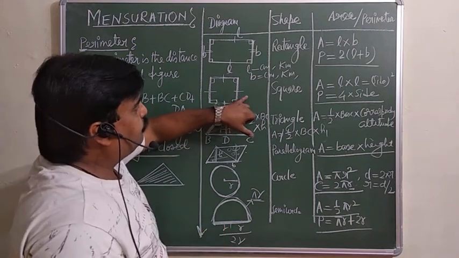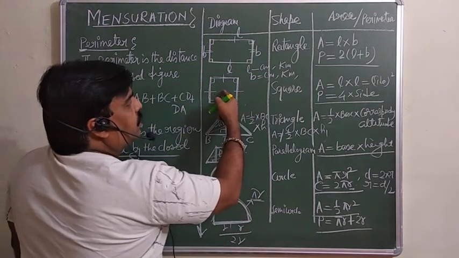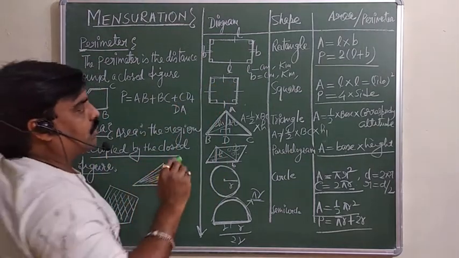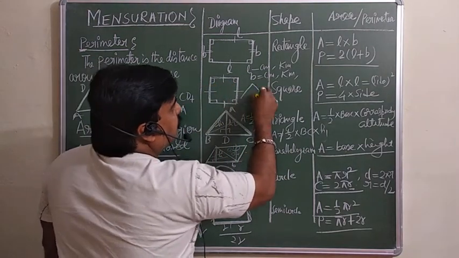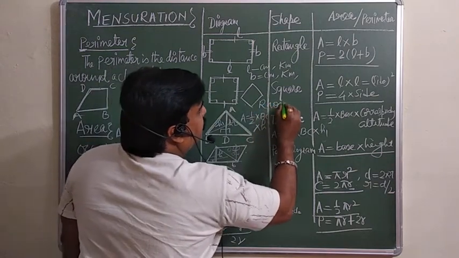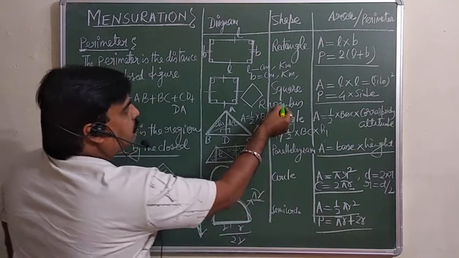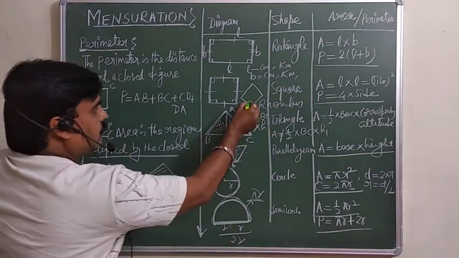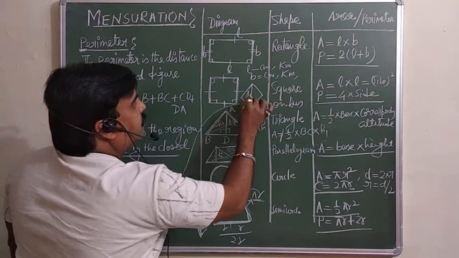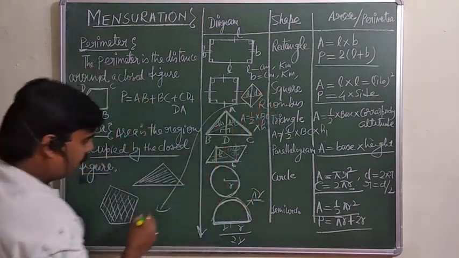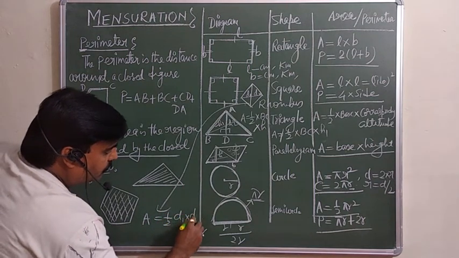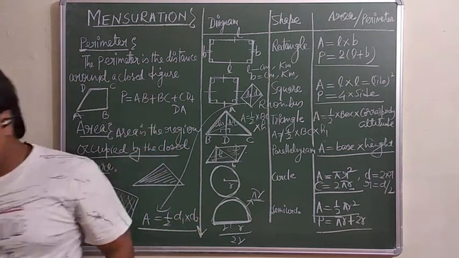Likewise, similarly, one more point you can take. This is a square. If all the sides are equal and all the angles are 90, that is the square. लेकिन only the sides are equal, सभी side equal है, and that is known as a rhombus. तो if we talk about the area of this rhombus, and we know the diagonals, अगर हमको इसकी diagonal पता है d1, इसका दूसरा diagonal d2 है, तो area of a rhombus होता है 1/2 d1 into d2. See, have a look.